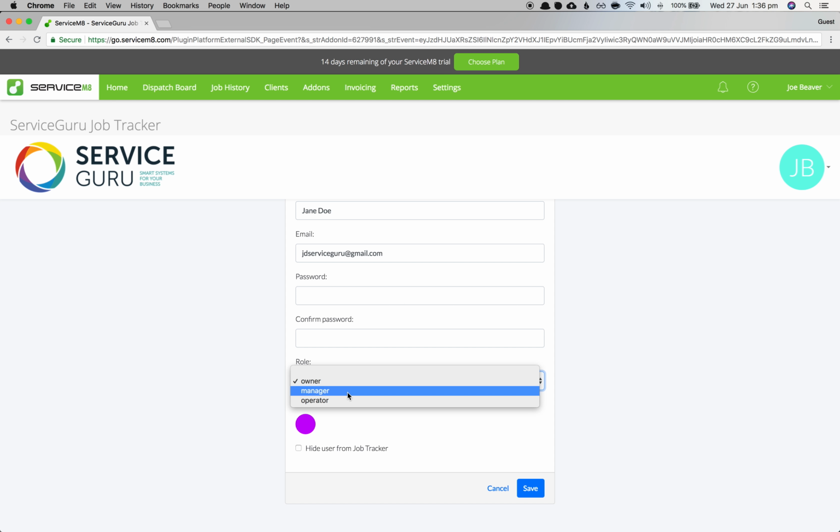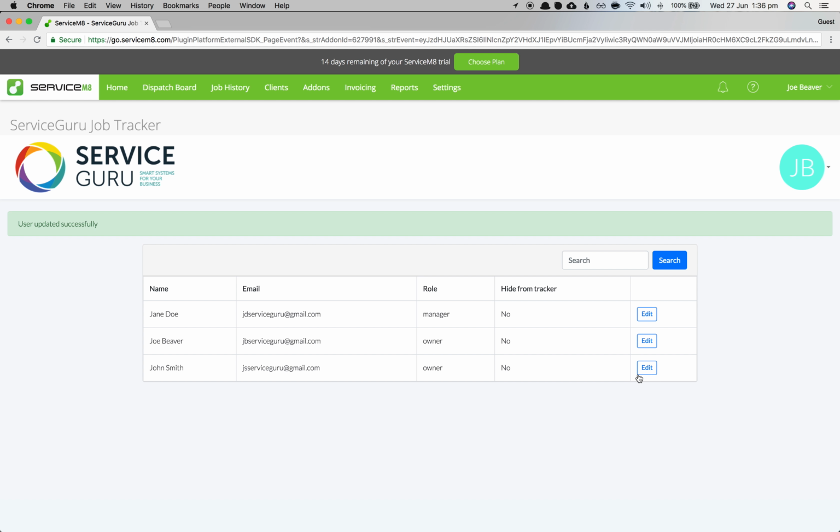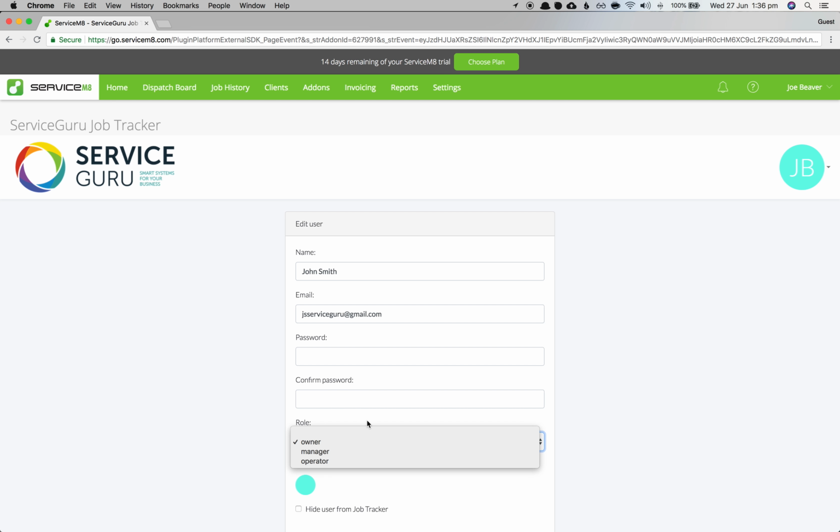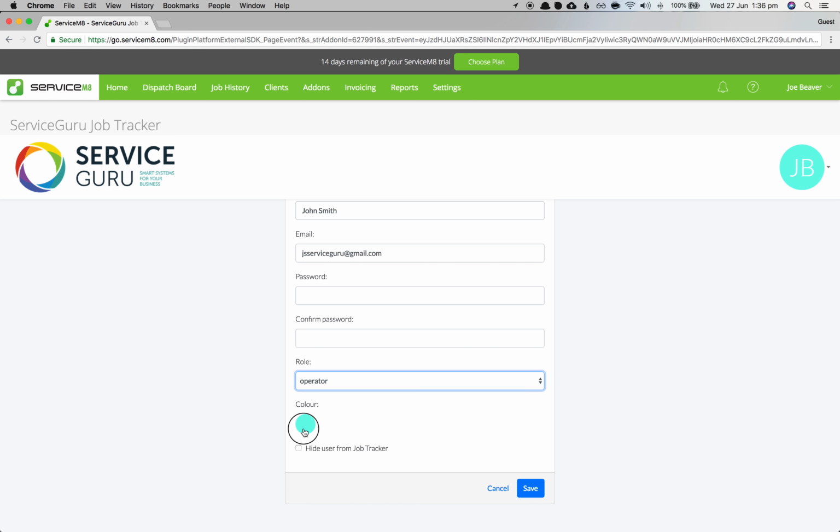Managers will be able to see everything that owners can, so they'll see all jobs in the system. Operators will only be able to see jobs that have tasks assigned to them. So we'll just select manager for now. And we'll select operator for John. We'll change his color to yellow, to red,